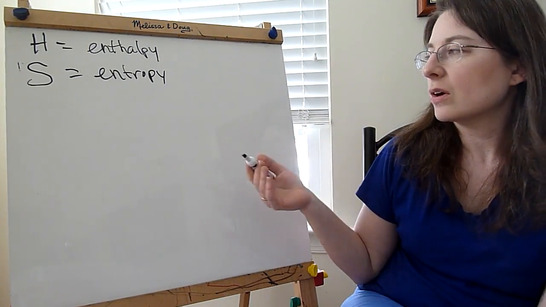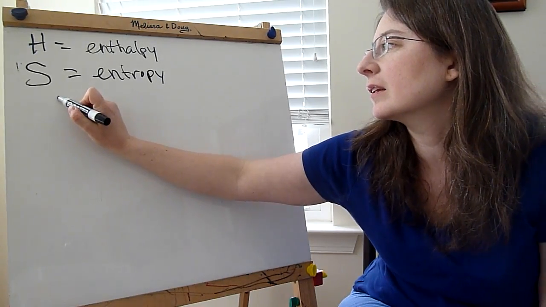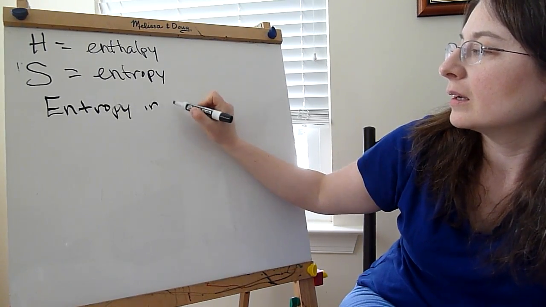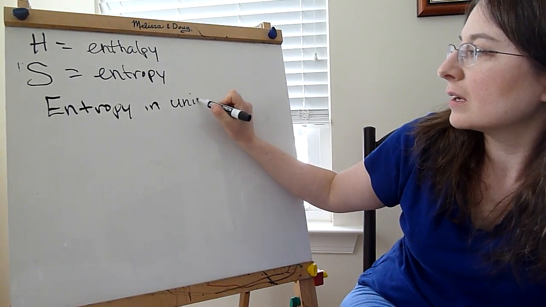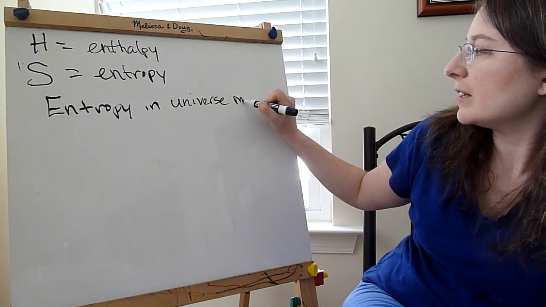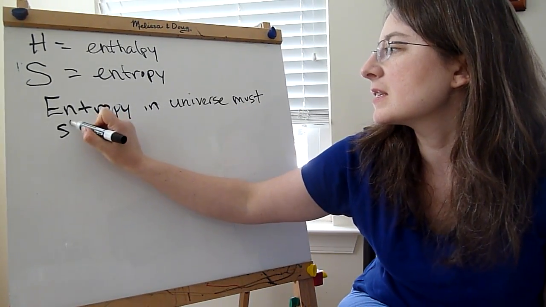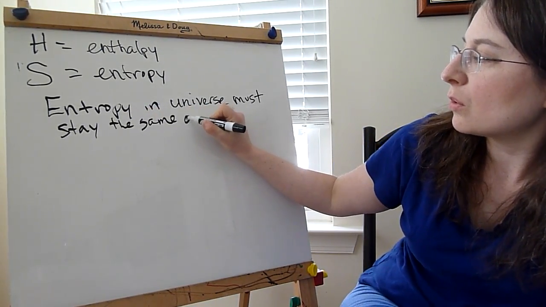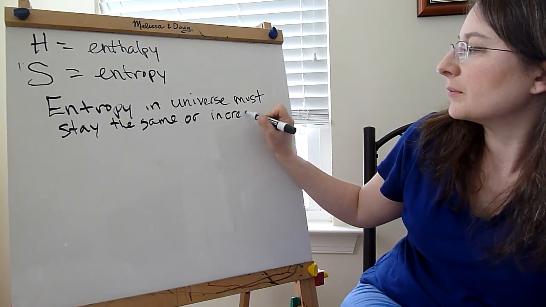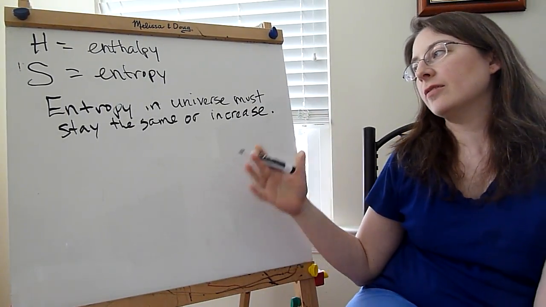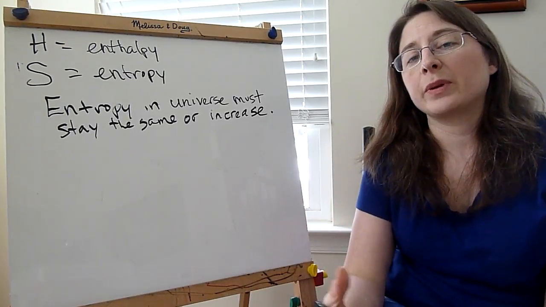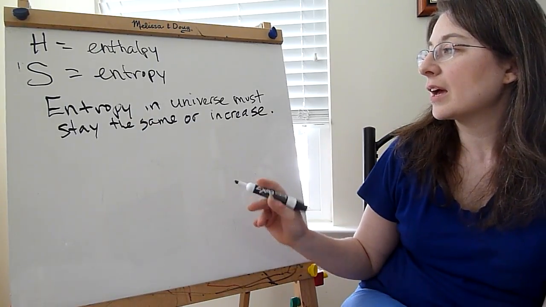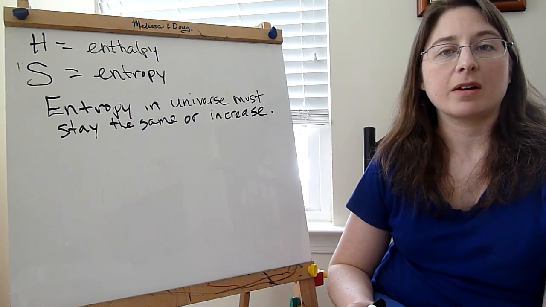And so the second law of thermodynamics says that entropy in the universe must stay the same or increase. You cannot have a net decrease in entropy in the universe. Now, you can have entropy decrease in a given area. For example,